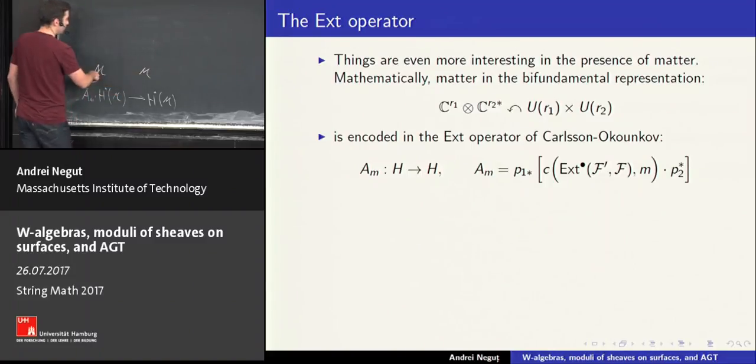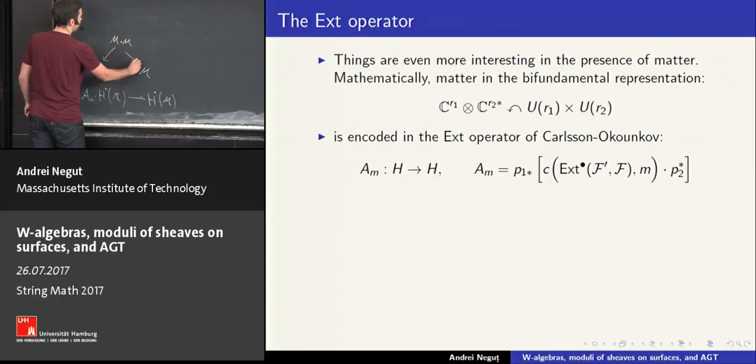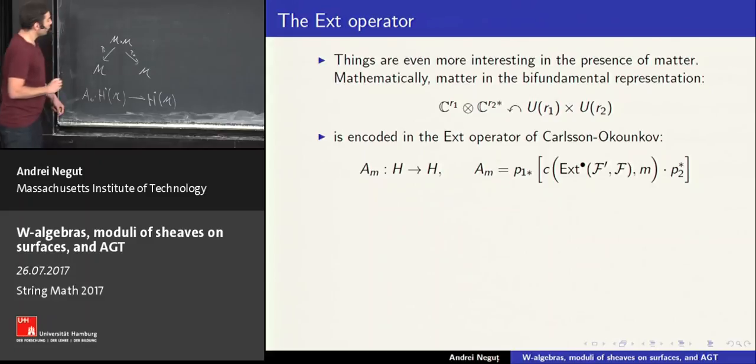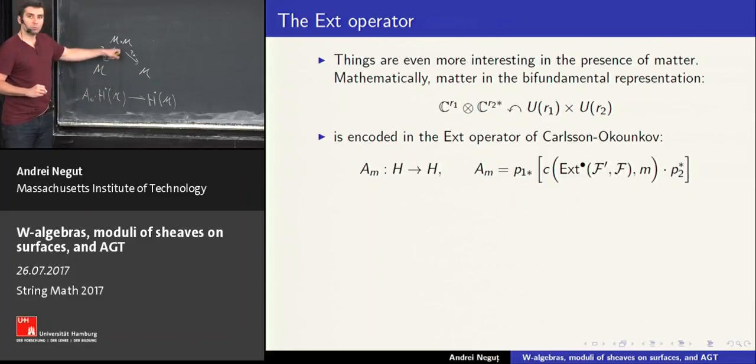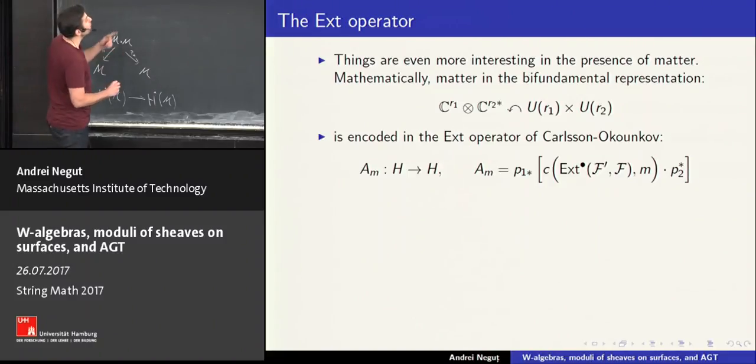So you put a space in the domain and a space in the codomain here. You write their product with projection maps P1 and P2. And now, to give an operator from the cohomology of this space to the cohomology of this space, what you have to do is to give a class on the product here. And in this particular case, a class we will be looking for